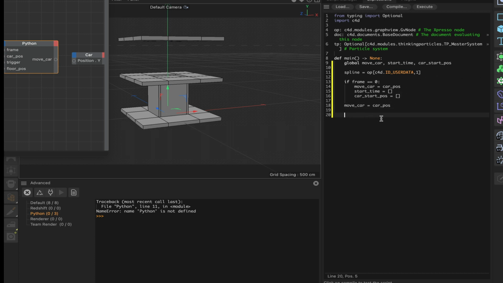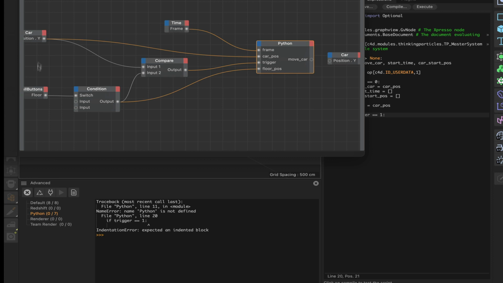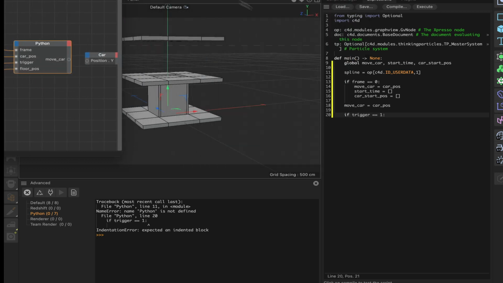So we can say if trigger is equal to 1, and we've said that if our compare gives us a 1 here, we're going to use that as a trigger. So if our car position doesn't match up with our floor, we know that we need to move the car, and the lift button's been called to move the car, and that will create the trigger. So if trigger is equal to 1,